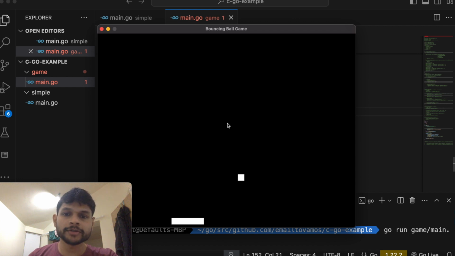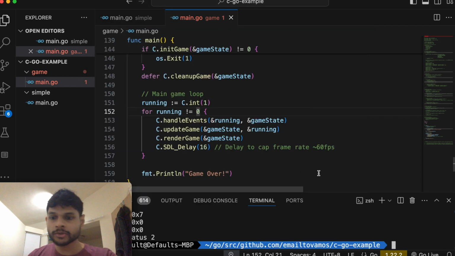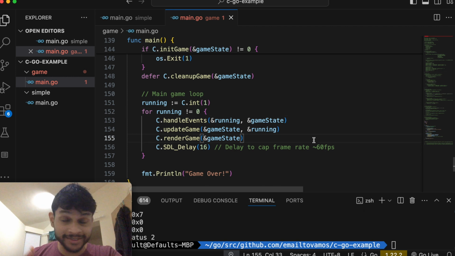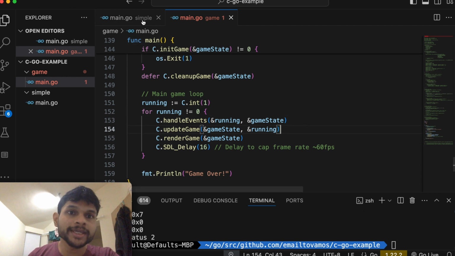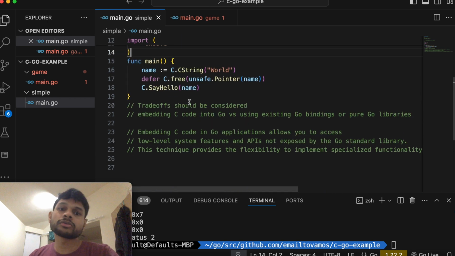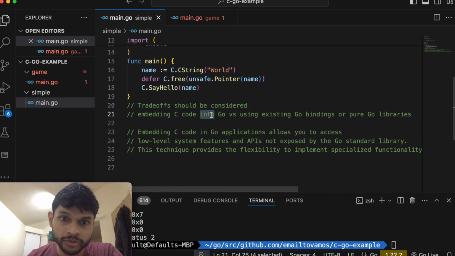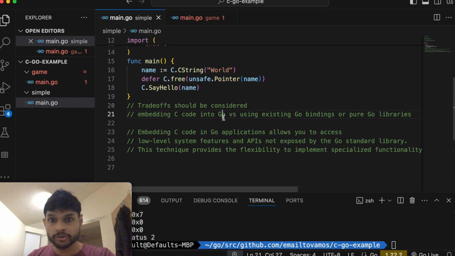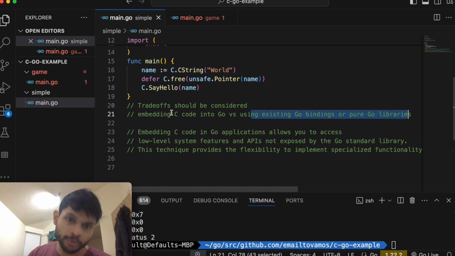Okay, so here you can see there's an actual game which is running purely from Go code, which is using C code. This can be pretty powerful, but we need to be careful about when we use it. The trade-offs should be considered. We can embed C code into Go, or we can also use existing Go bindings or pure Go libraries. So we need to ensure that these two are no longer our option before we embed C code into